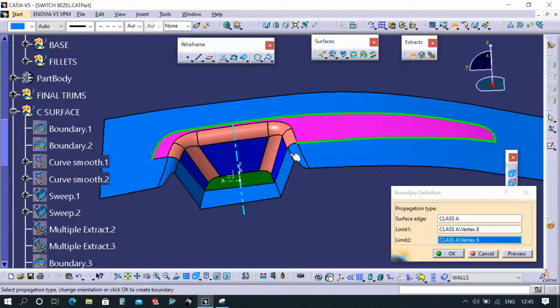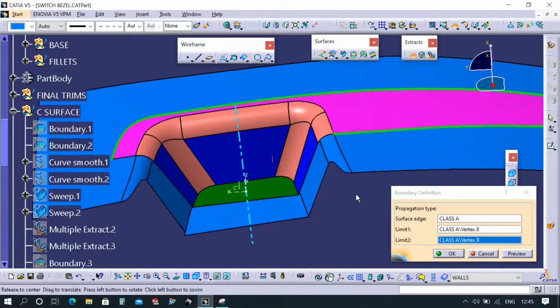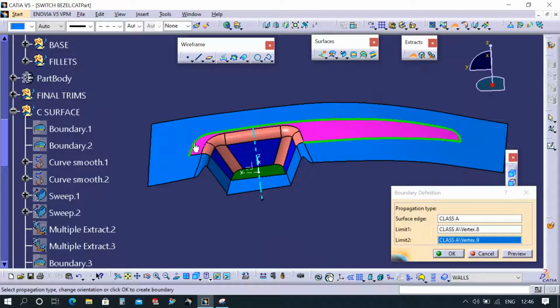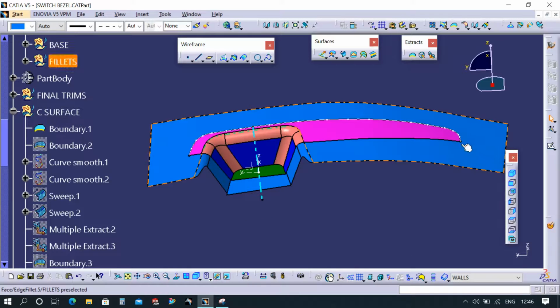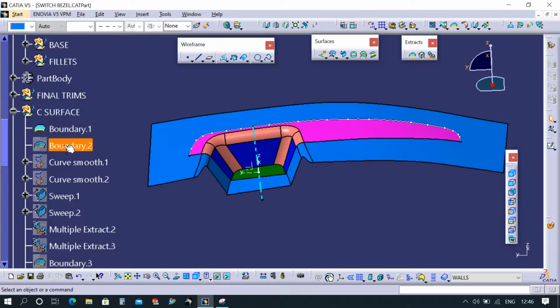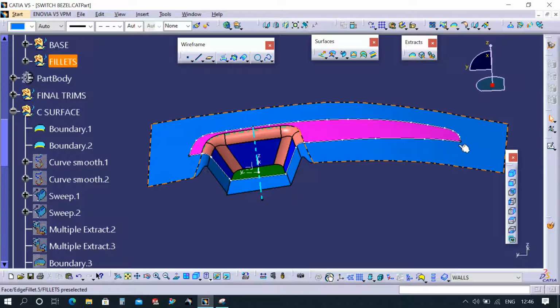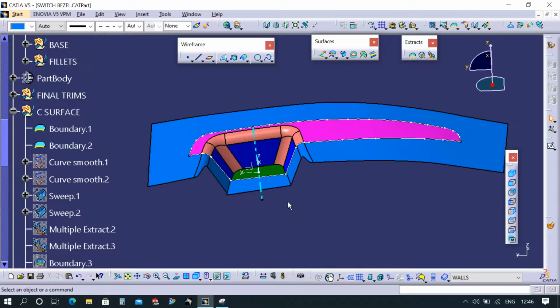If it is a square shape or within one plane, then you can take the full boundary, no problem. But here the profile is coming down, so you have to take it in two domains. One domain is this one, another domain I'll take this one in black color. I took from here to here one domain, and the second boundary from here to here, the second domain.